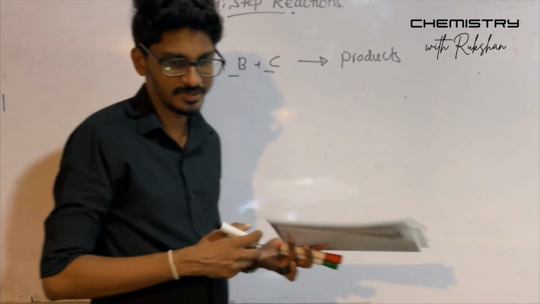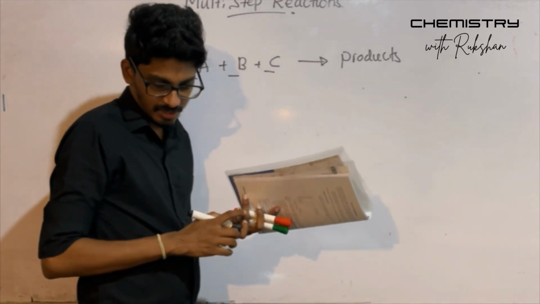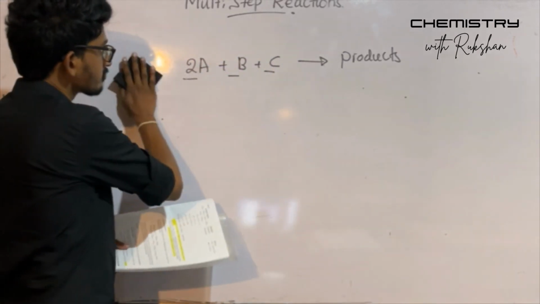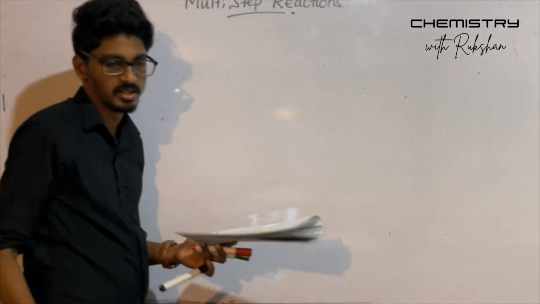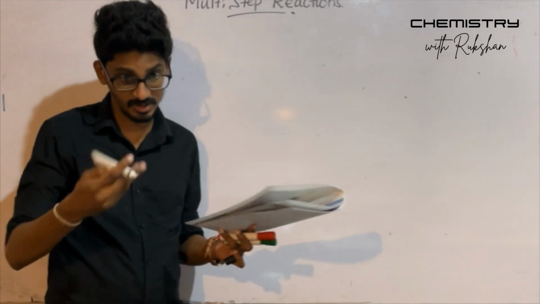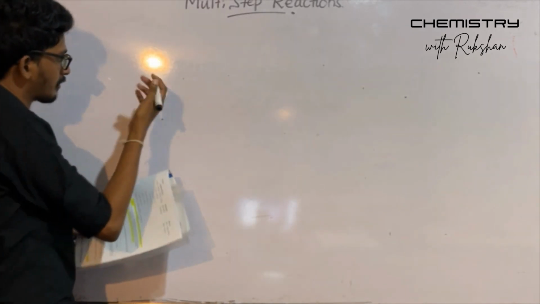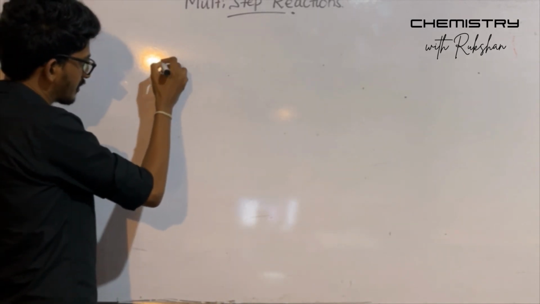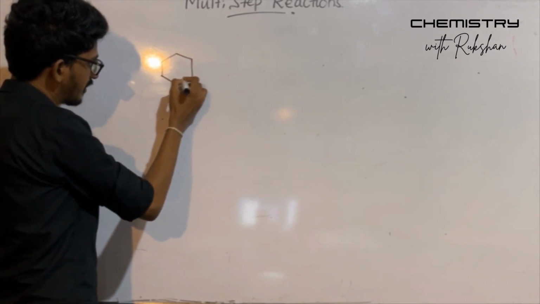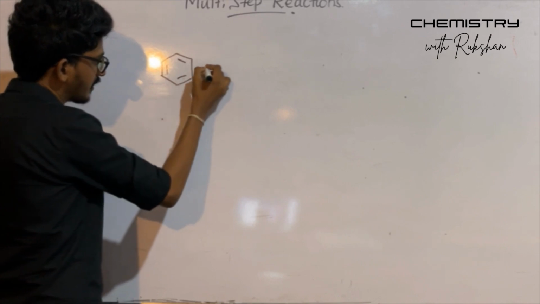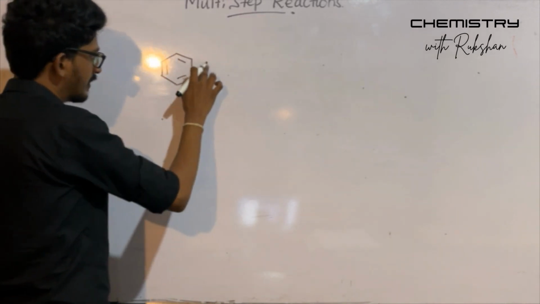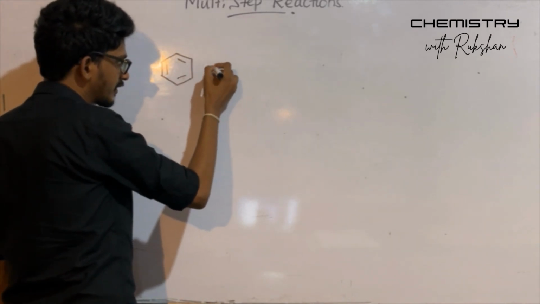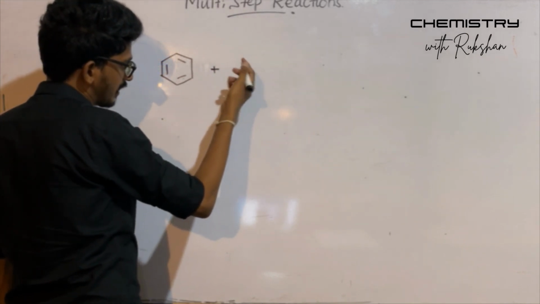So let's consider some kind of multi-step reaction. I'll explain these 4 points with an example, right? So I'm going to discuss this reaction, where your benzene reacts with the, let's say,